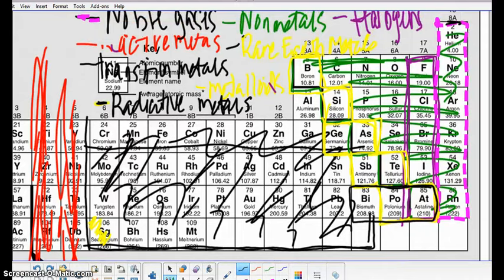Okay. Okay, so the last one we're doing is the radioactive metals. Once again, I just want you to outline it. So you're going to start with bismuth